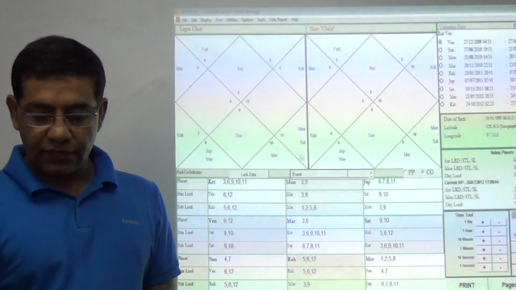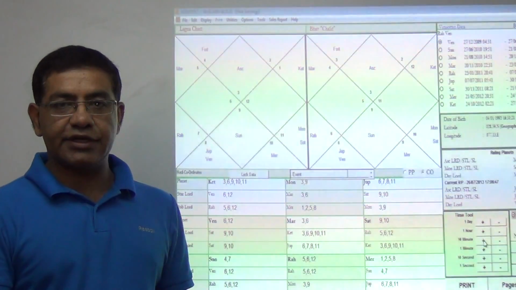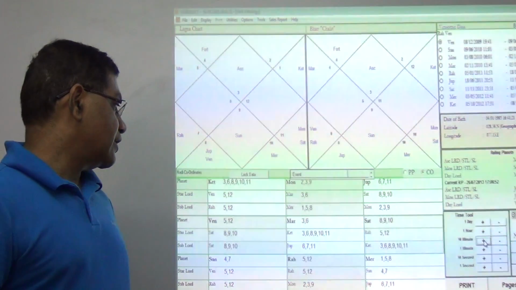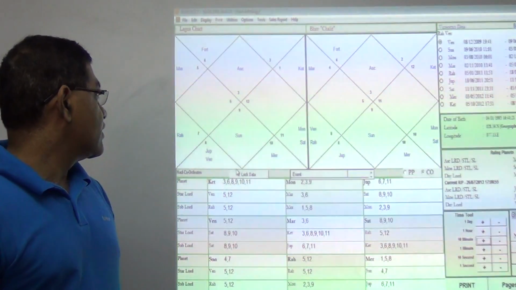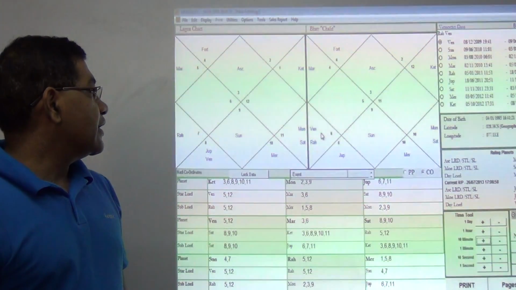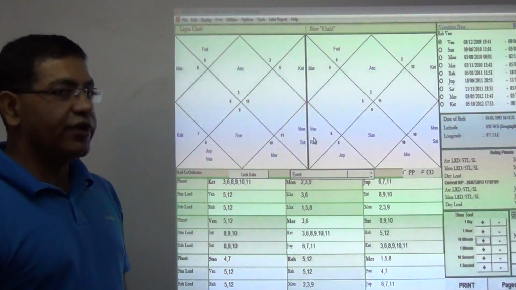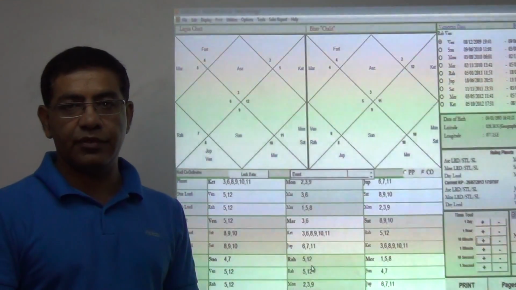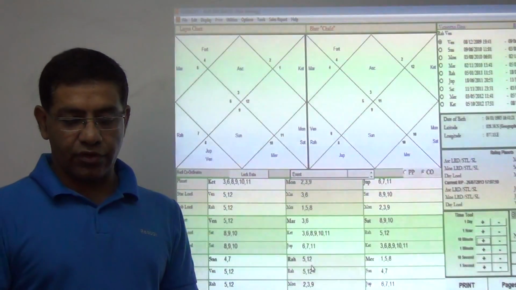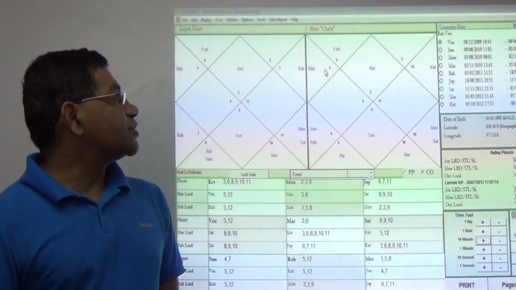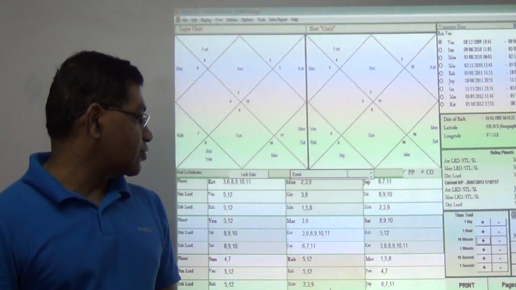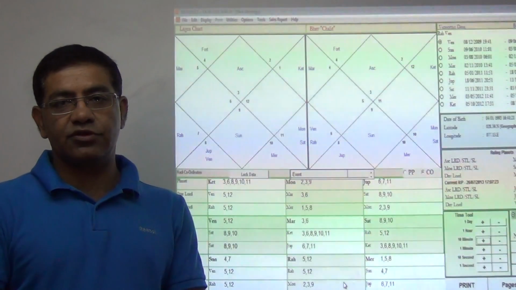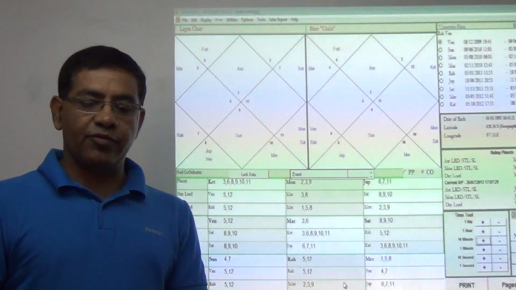Now the third thing: let me increase the time by 10 minutes, and you find that Rahu's significance has changed. Rahu now gives the result of 5 and 12, the reason being that Rahu is placed in the 5th house. Venus has also shifted to the 5th house, and the lordship of Venus is 12. The results of Rahu now are 5 and 12, and the 6th house goes. The Moon signifies lordship of 3 and placement 9, so 2, 3, 9. Now you see that the results of Rahu here have improved, because the 6th house is omitted and one more lordship of the Moon has been added.